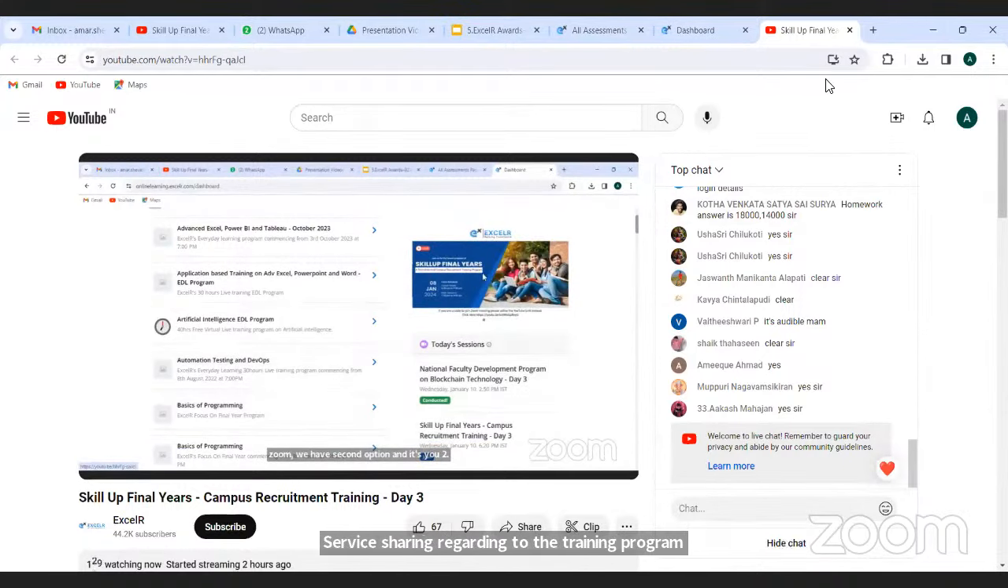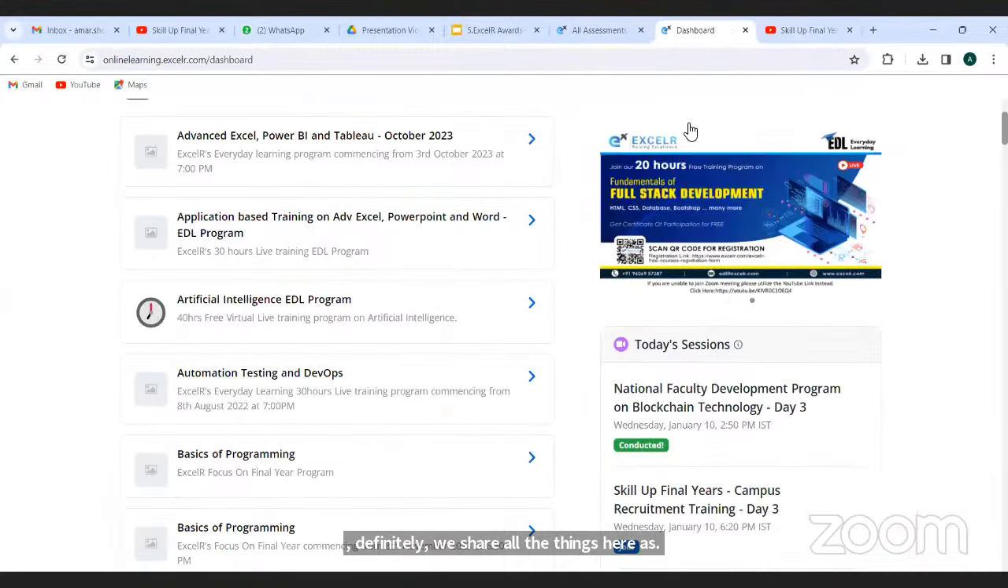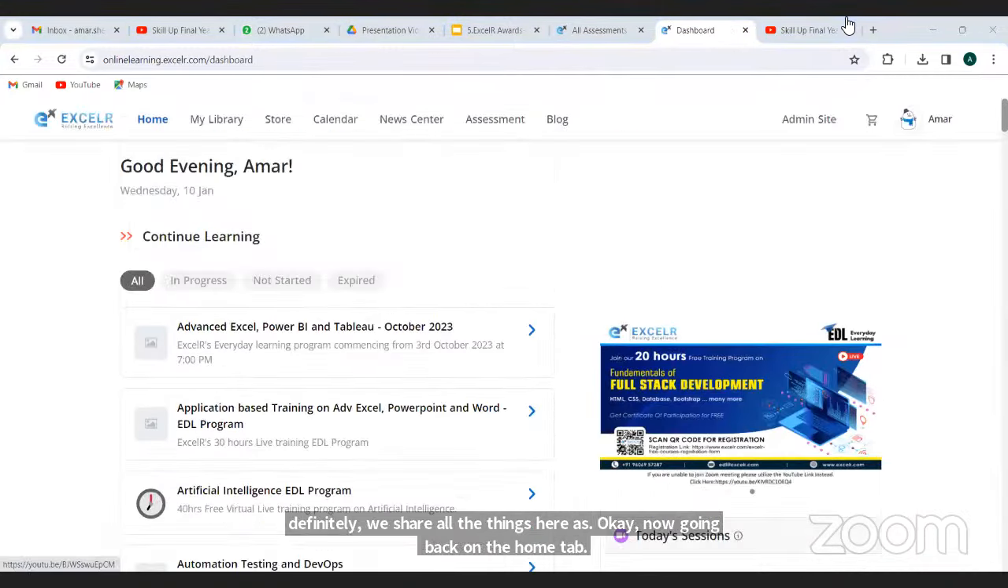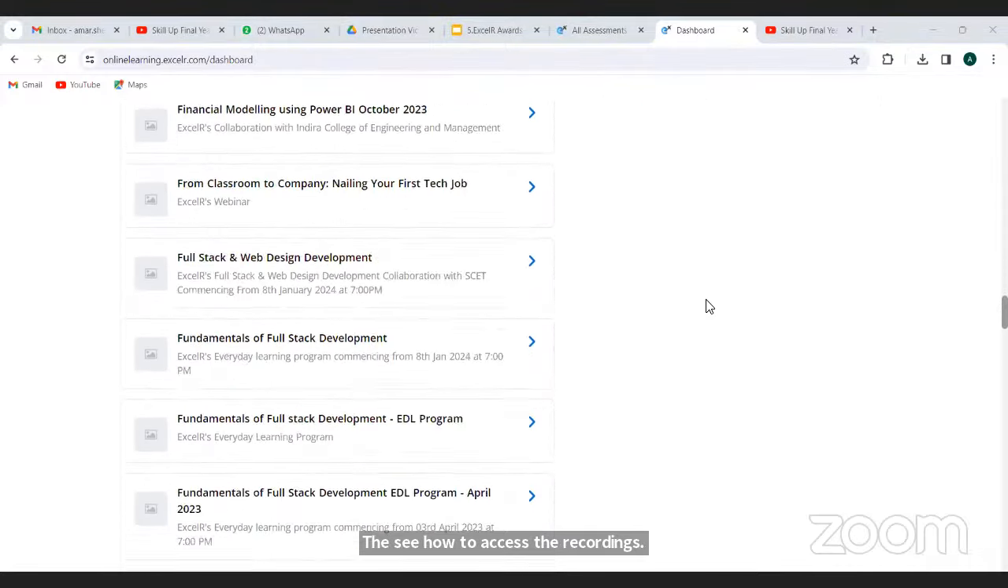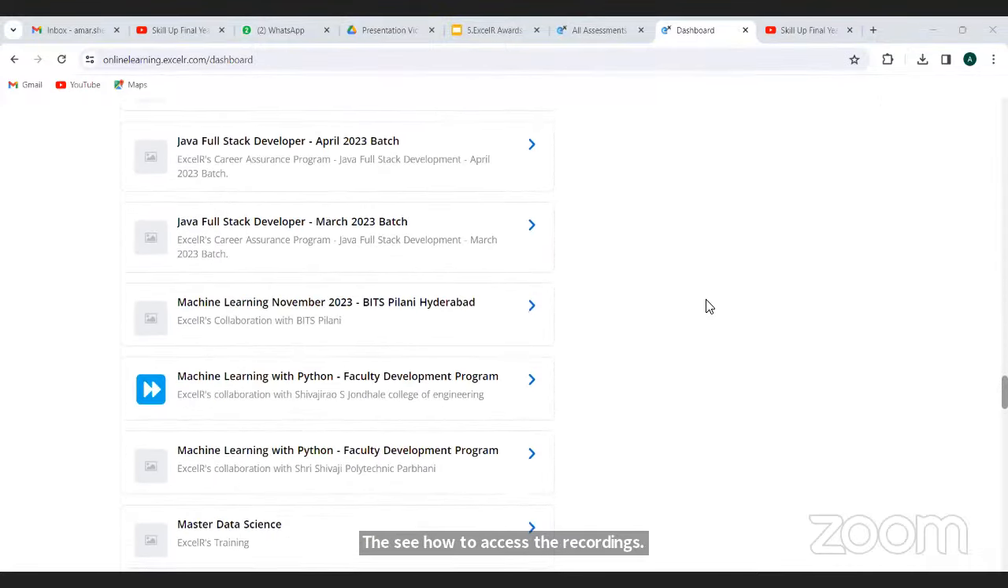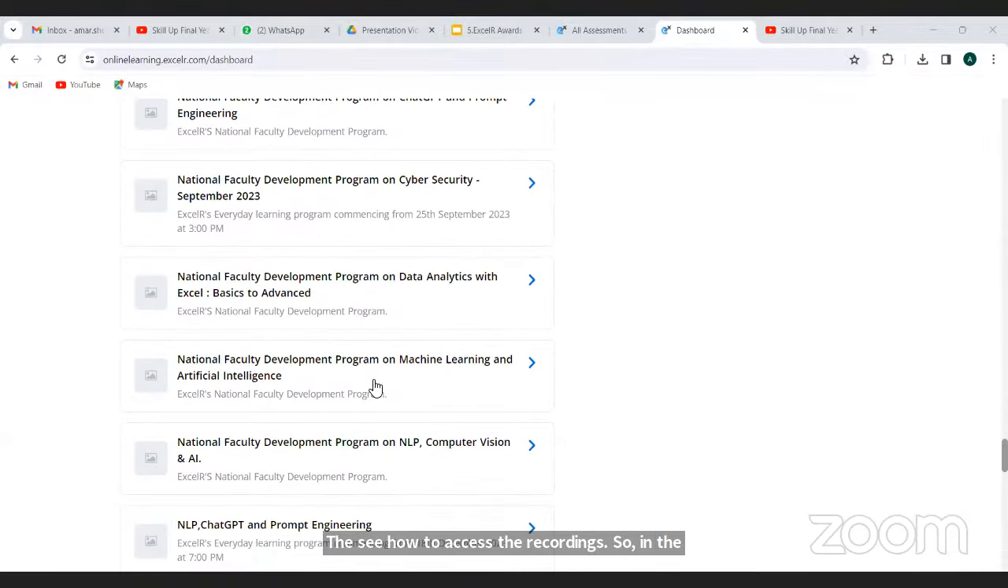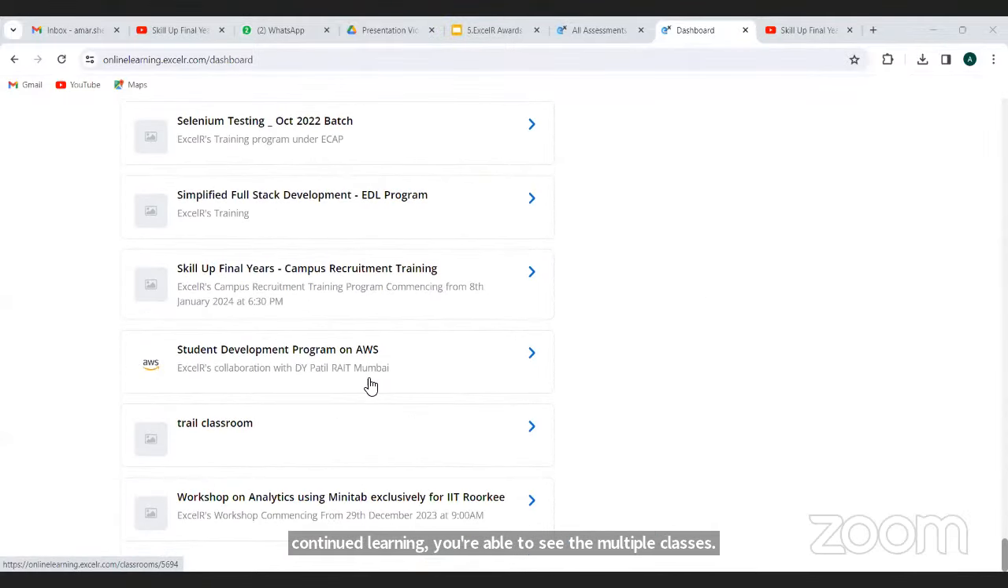Now going back to the home tab, we'll see how to access the recordings. In the continual learning, you're able to see multiple classes. No need to worry about that. We'll focus on SkillUp Final Year only. So allow me a few seconds to search the classroom, SkillUp Final Year Campus Recruitment Training. If you have to access the recording, you have to click on this classroom. Once you click on the classroom,